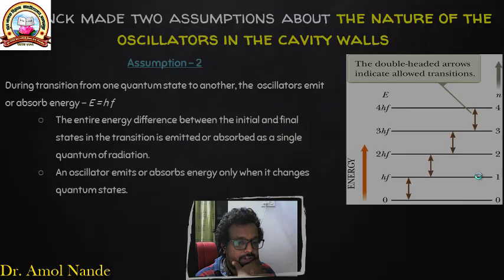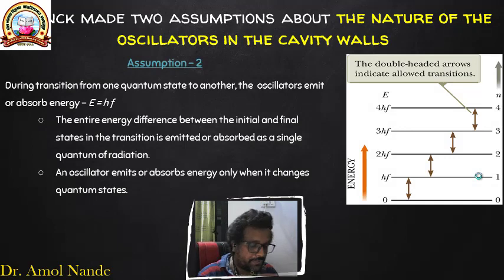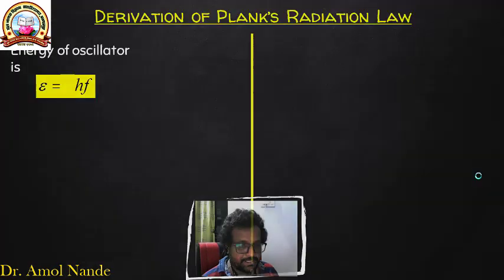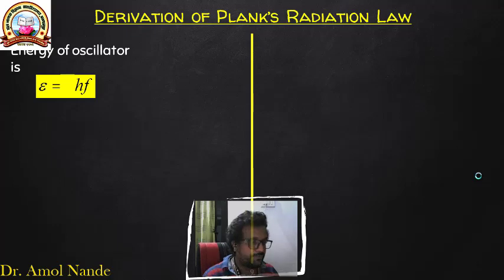Alright, so these are the two basic assumptions of Planck's quantum theory of radiation. First, energy is quantized and it is like hf. Second, whenever there is excitation or emission, it always emits a single quantum of radiation, that is nothing but hf. So to derive it, first we defined the energy of the oscillator,